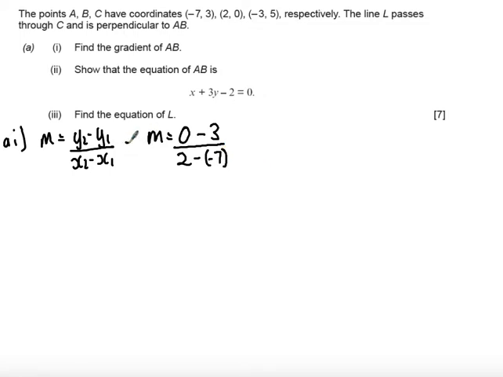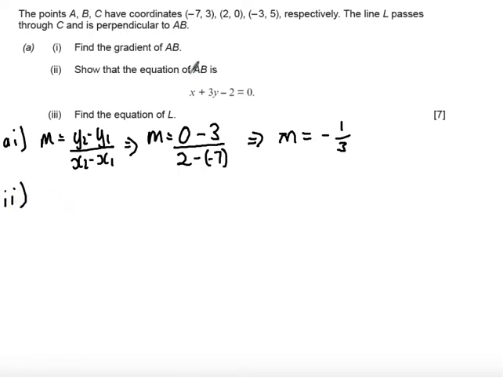So we get that M is -3 over +9, which simplifies to -1/3. Part 2